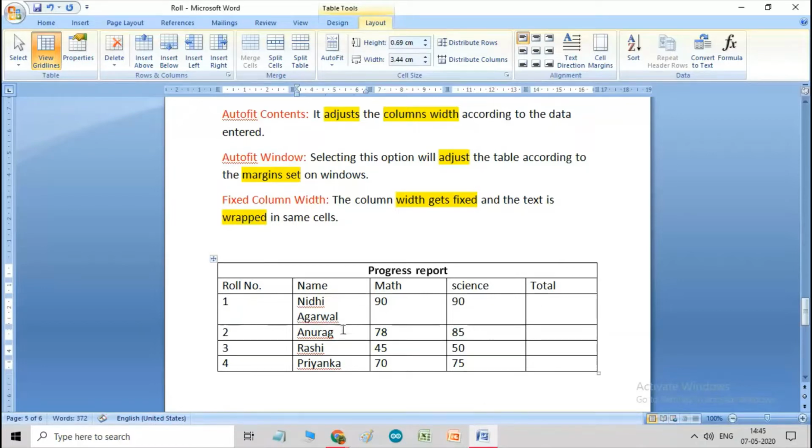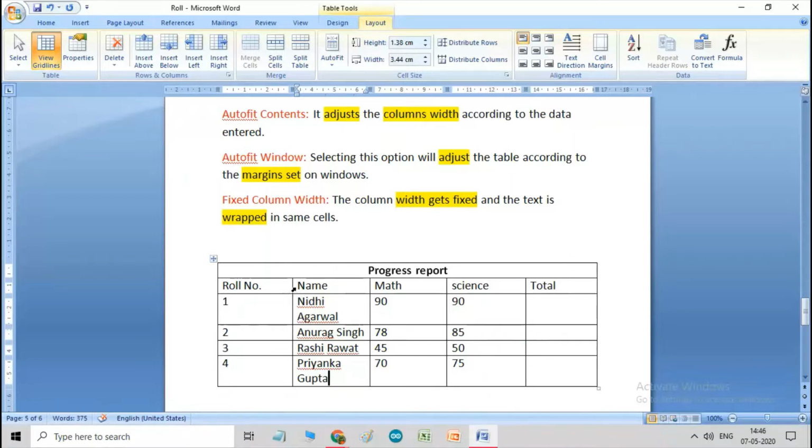Same way, now I'll type Agarwal, Anurag Singh, and then some other surname here. So this way you can see wherever the text is going beyond the column width, it is wrapped, due to fixed column width.